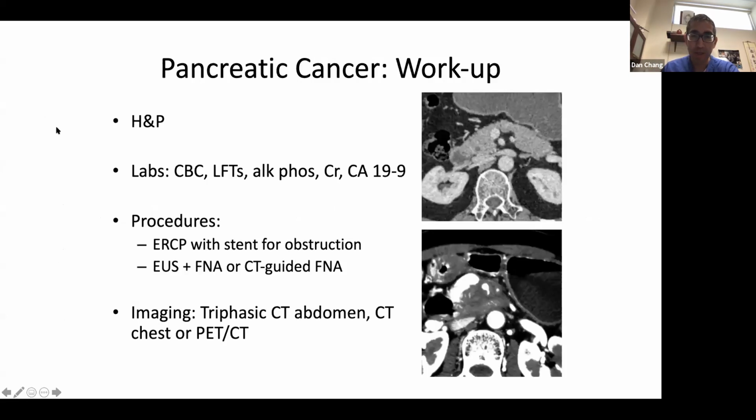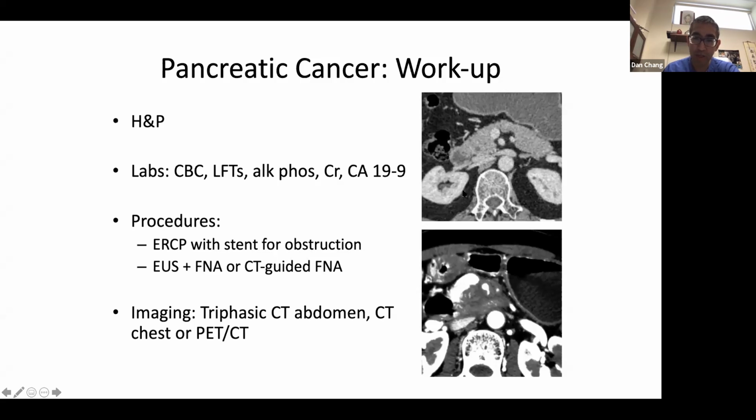The workup is very standard as far as H&P and labs. You would get a CA19-9, which is an important tumor marker, but this could be falsely elevated if a patient's jaundiced. The most important procedures are, of course, if a patient has jaundice, you might want to think about unblocking them. But the first thing you'd probably do is get a CAT scan to see what's going on, because they certainly could have a blockage because of a gallstone or something that's benign, hopefully, or they could have pancreatitis for all you know. Usually, though, if you do see a mass in the head of the pancreas,